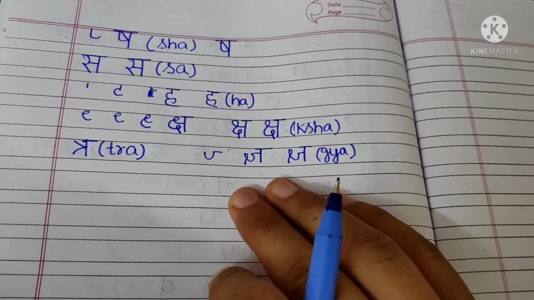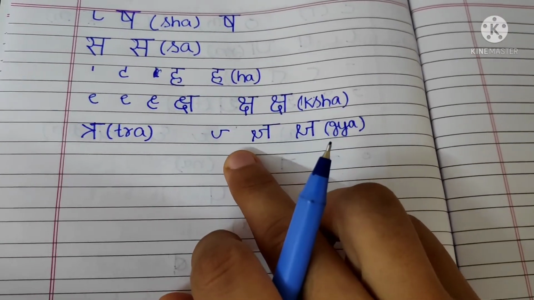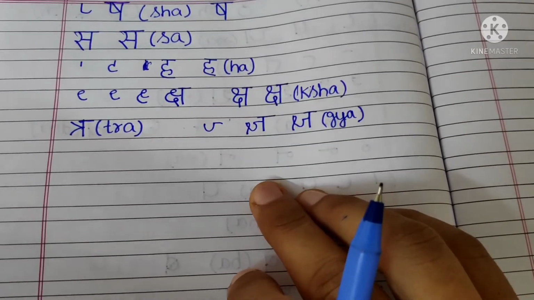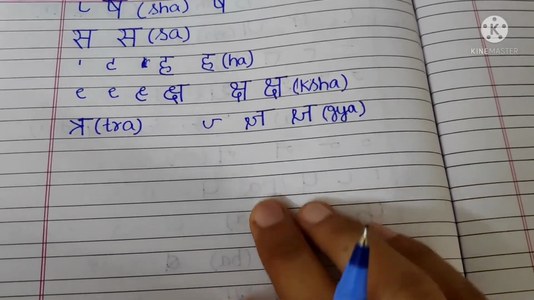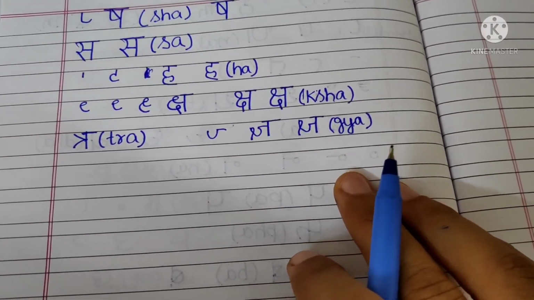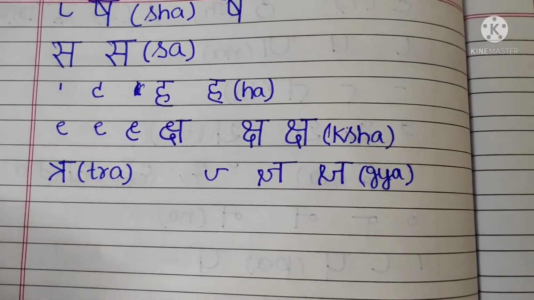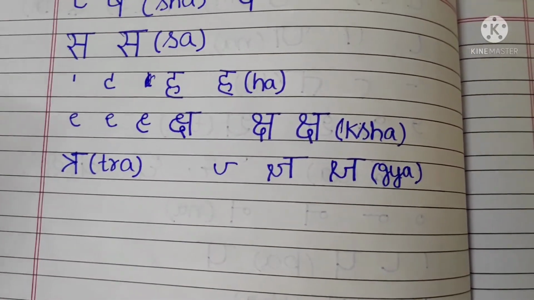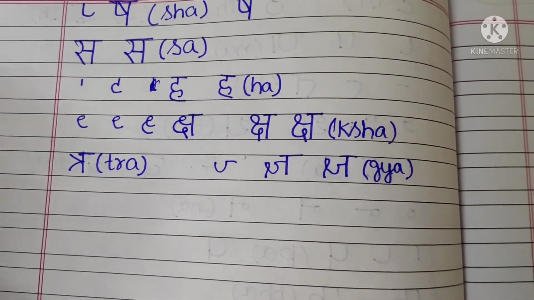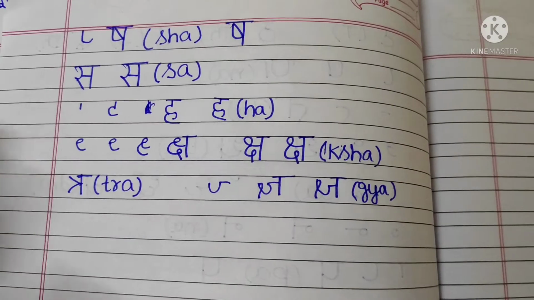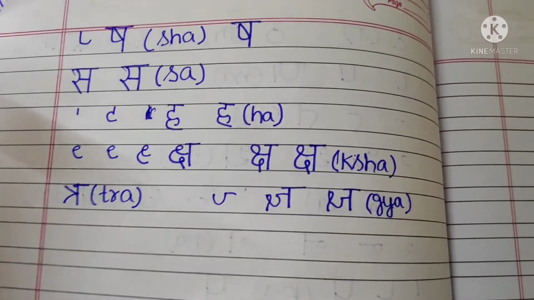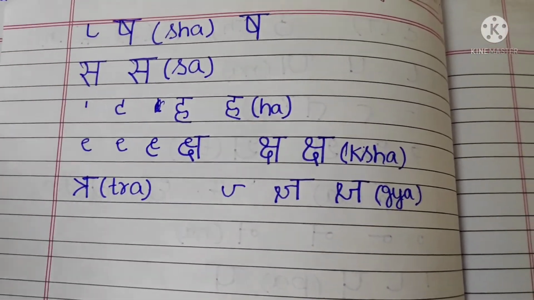So that's it. Today we have finished learning all the Hindi consonants. Please do watch the video again and again to learn the formation of Hindi alphabets, how we can write them easily. If you watch the video carefully, definitely you will learn easily how to write Hindi alphabets. In the next video, I will teach you how we can pronounce or what is the sound of all the Hindi consonants, Hindi alphabets with all the matras. That is what we call Hindi Barakhari. So till the next video, please do practice all these Hindi consonants, how we can write, so that you can learn all the sounds easily in the next video.